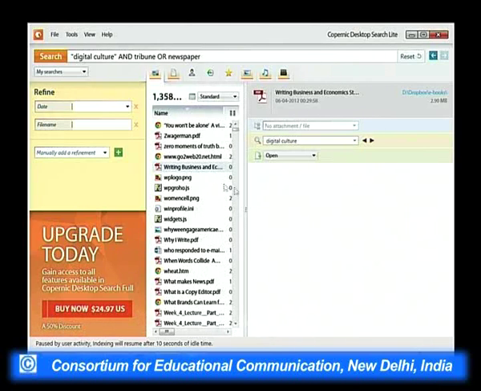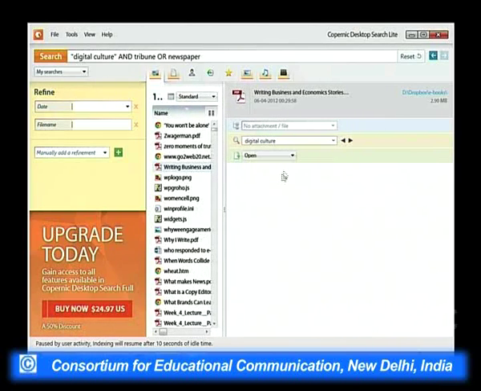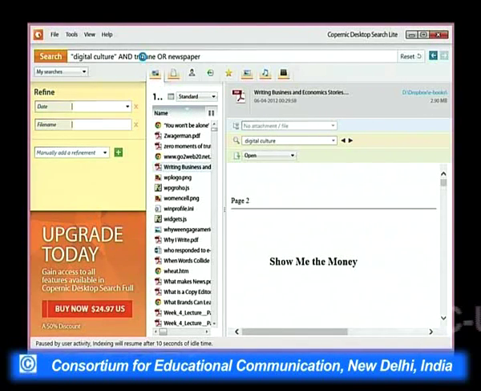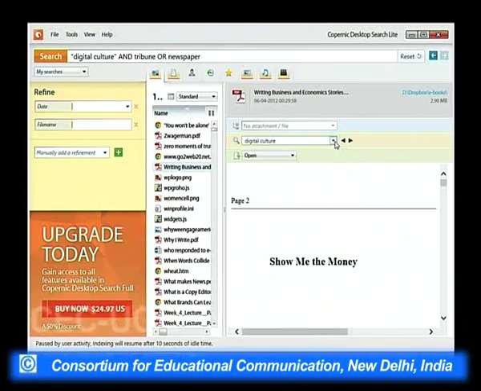Let us select some different file. It will take some time, and see the processing is going on. What it will do is select the word digital culture, which is somewhere in the document, and it will also highlight these words like Tribune and newspaper, and you can